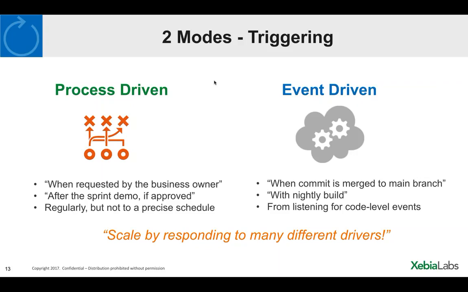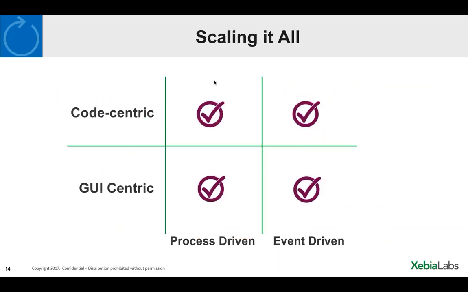Likewise, if you build a fully automated, code-driven pipeline that only works on these kinds of code-level events, you're going to create a bottleneck where those manual steps that have to happen will interfere with the rhythm of those automated events, right? So we can achieve scale by having a process that can respond to both of these different drivers at the same time. So ultimately, this is what we want to do, is think about this matrix in our